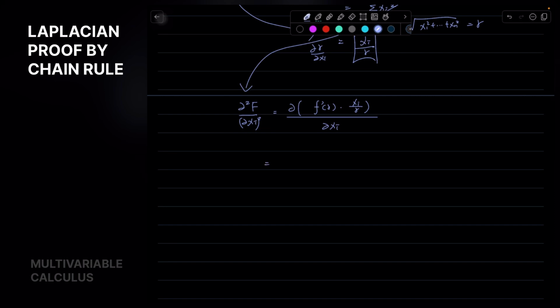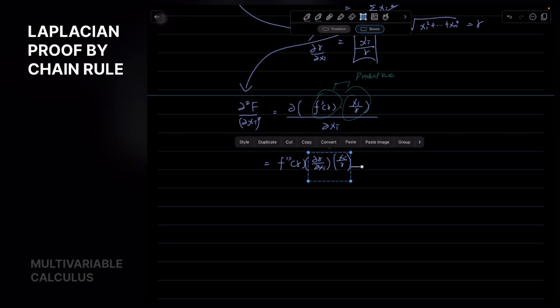So now we can see that by chain rule, we have two expressions that are related to xi multiplied together. So here we should use the product rule. By using the product rule, we get, clarify that this is actually over here. This is